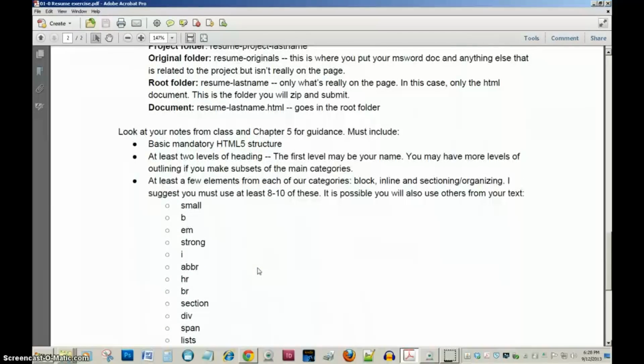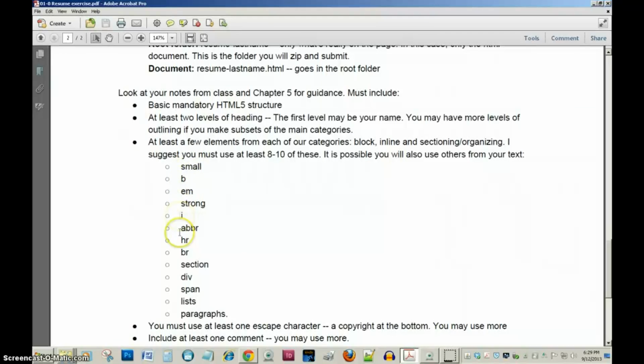So really, it's not too much different from some of the stuff you were doing with the AP style exercise. It's your own content, though. Spelling and punctuation, everything will be important. There's more levels of information, opportunities for different kinds of lists again, and we want to see more inline tags being used, and perhaps some grouping tags too. You can imagine that each of those categories could be a div, and we will discuss soon adding ID and class to divs. It's in your text. You can look ahead and see if you want to give it a try.